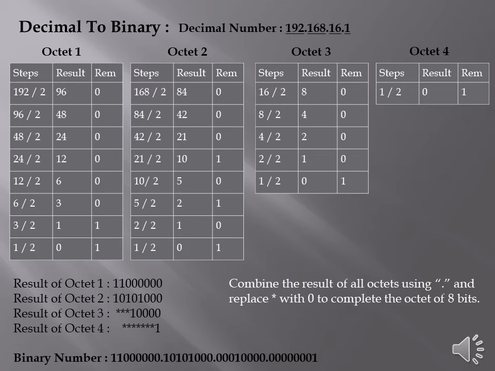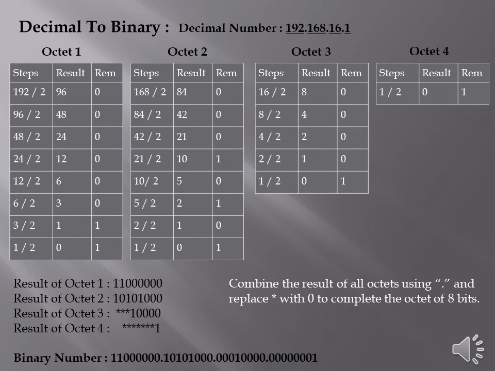Then the 7th bit is again 1, which means 2 raised to power 7 means 64. So 128 plus 64 is 192, and in the decimal number system you can see 192 is there. This is also another way to calculate decimal to binary or binary to decimal. So all remaining are 0, and the meaning of each bit is 2 raised to power 6, which means 64.